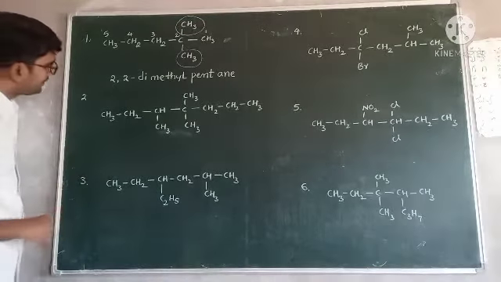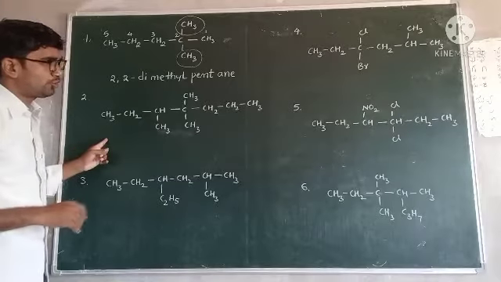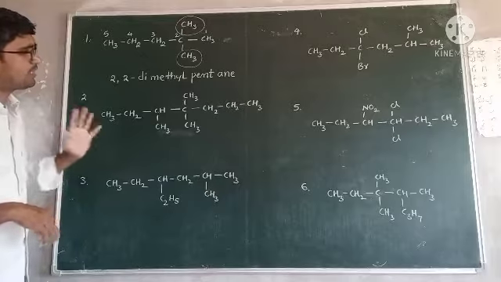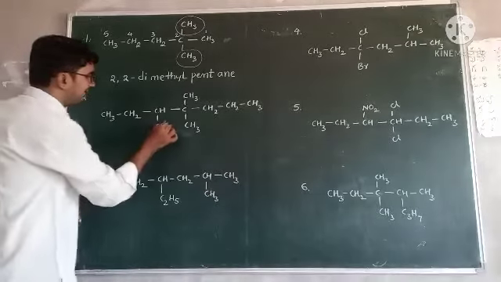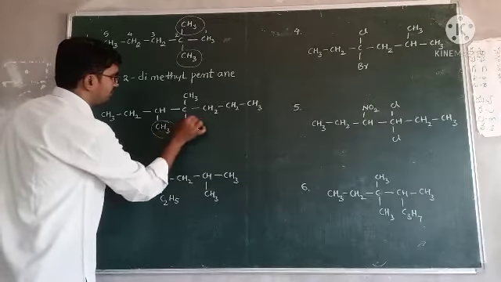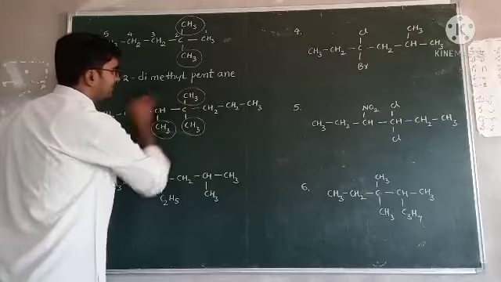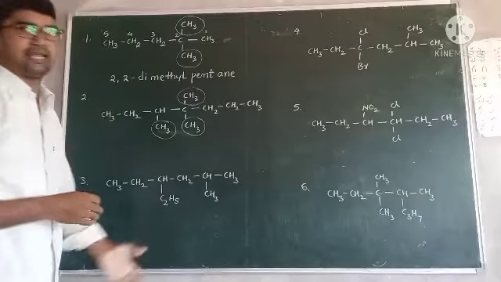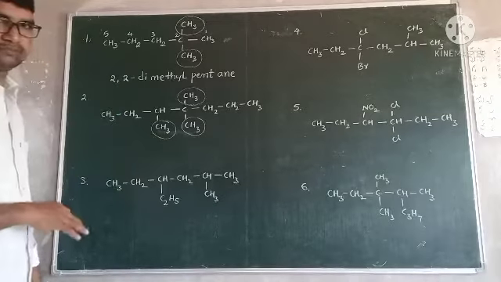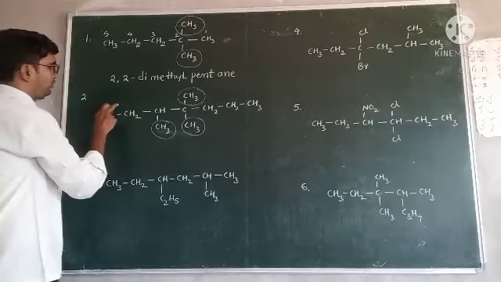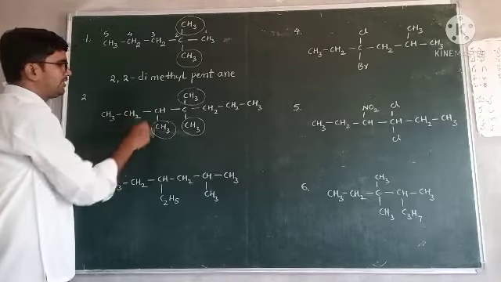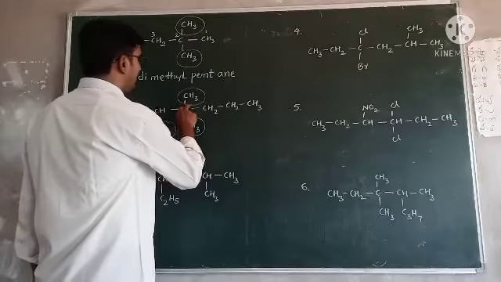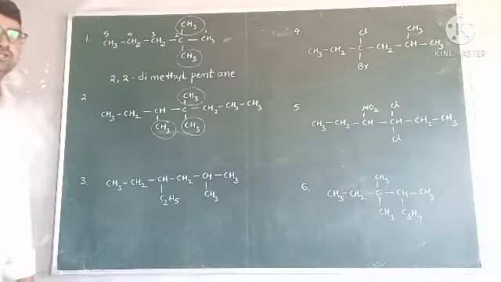In this one, is there any functional group? No functional groups, no multiple bonds. Again, only substitutions are present. It is very clear. These are the substitutions, 1, 2, 3. These 3 are substitutions, and these 3 are only methyl groups. Now, how to give the numbering? From this side, 1, 2, 3. At the third position, the substitution starts. From this side, 1, 2, 3, 4. At the fourth position, substitutions start.